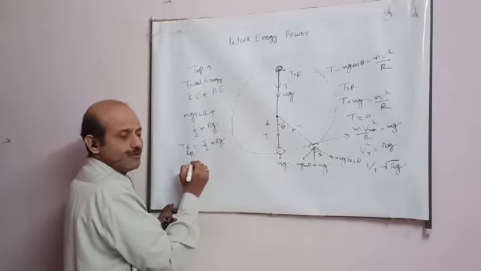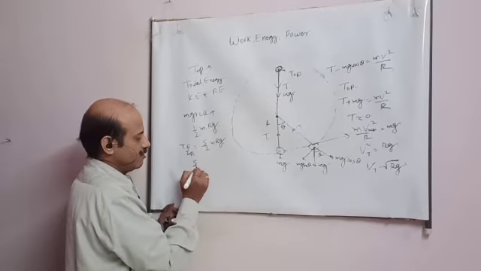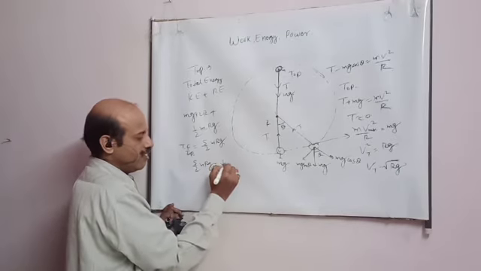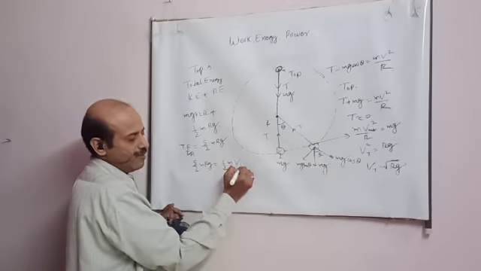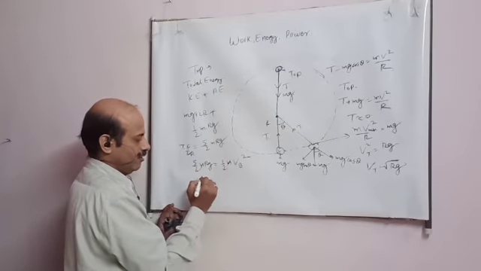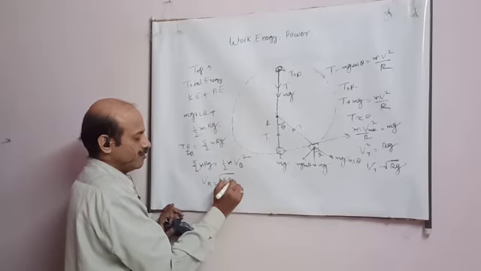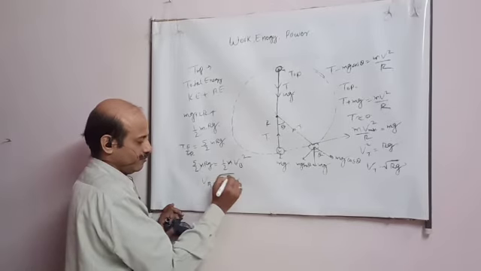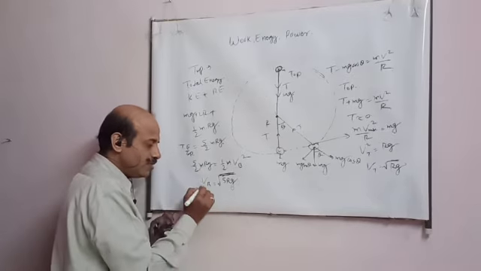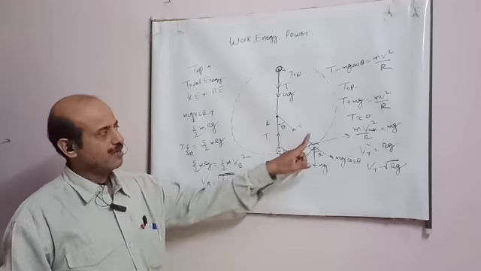So by the law of conservation of energy, student, mechanical energy is conserved. This total energy is converted into kinetic energy here, half m v bottom squared. So student, this velocity at the bottom comes out to be root 5 gr. So this means, student, this is the minimum velocity required at the bottom here, so that the circle can be